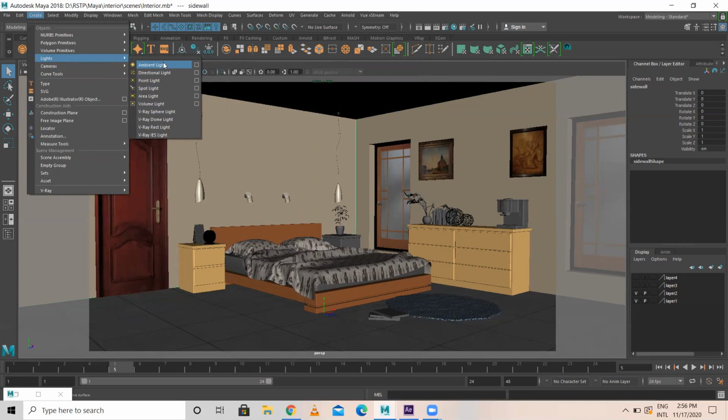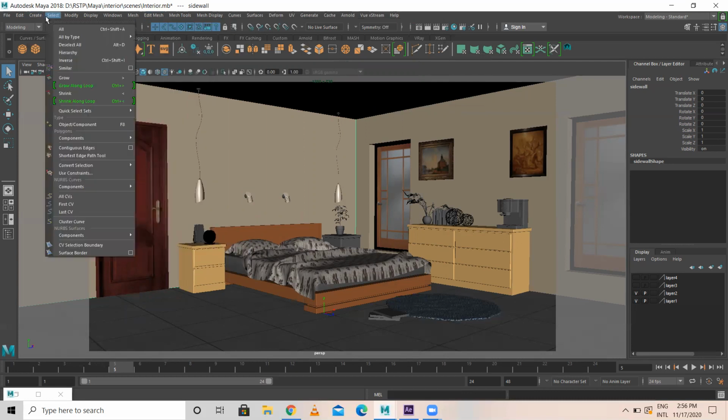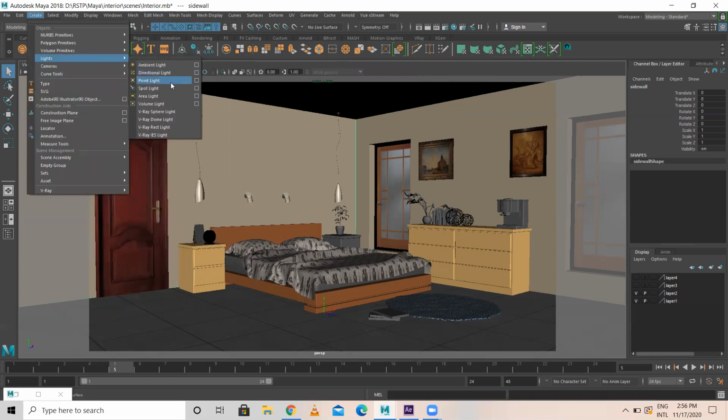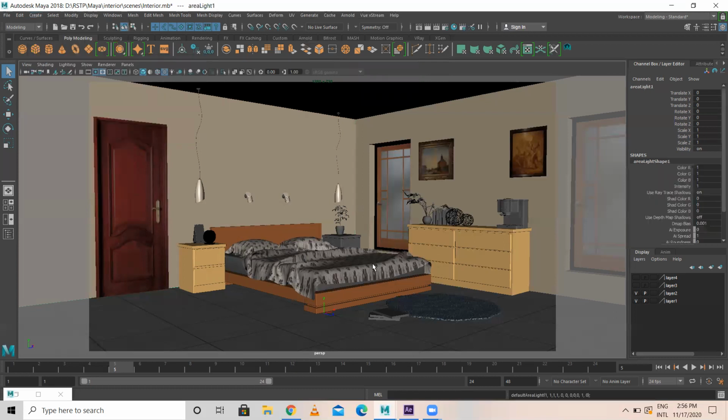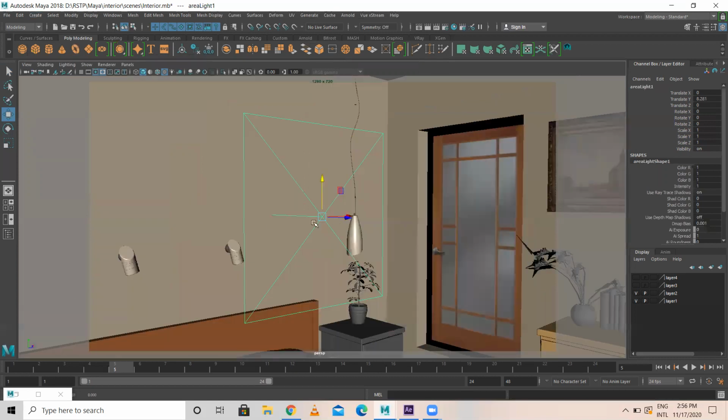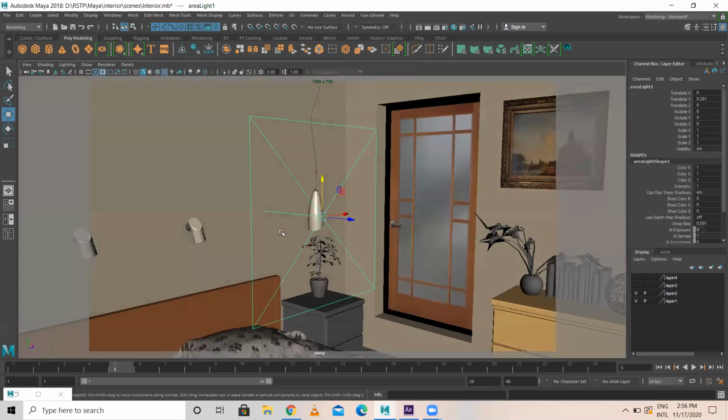So now let us create an area light first. I'll take an area light. See, area light looks like this. Let me rotate this area light by 90 degrees.